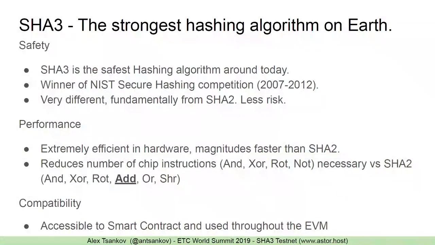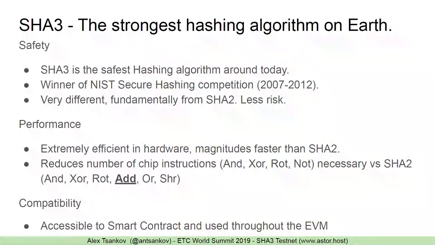The reason it's able to do that is because it fundamentally uses one less chip instruction than SHA2 does. SHA3 has a bunch of bitwise rotations, whereas SHA2 requires this thing called an add, which is a very difficult feature. And then finally, there's the accessibility to smart contracts through the EVM. If you really understand how the EVM works, you'll know that Keccak 256, SHA3, they're synonymous, is used everywhere throughout the EVM. So the big motivation is to standardize our entire hardware stack to use the best algorithm possible. And it's already being used everywhere.